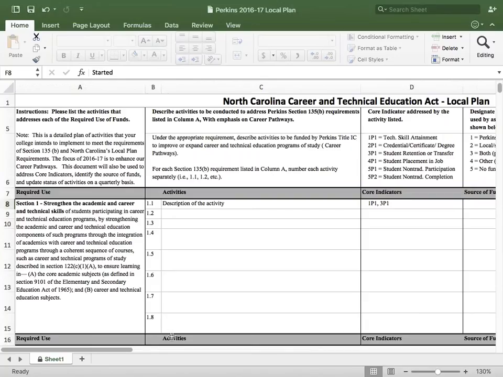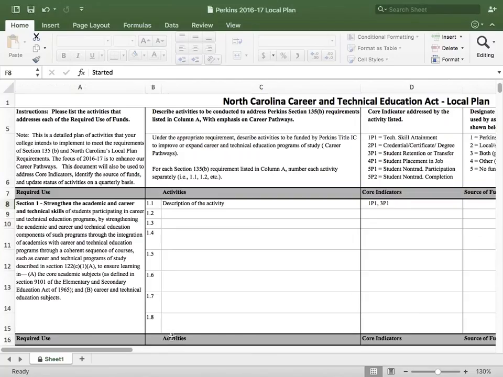Yeah, and the one activity that seems to give everybody the most trouble is size, scope, and quality. Part of the reason is the way that we are structured in North Carolina. We can't just start a brand new course at the local level. Our employer comes to us and says, hey, I'd like a course in this topic. We can't just develop that course locally and start offering it. So it has to go through a vetting process that goes to the state level. And so everything we do in terms of curriculum programs is size, scope, and quality.